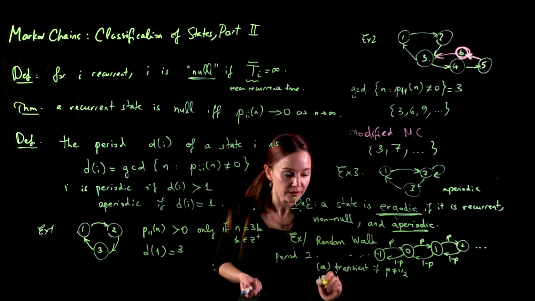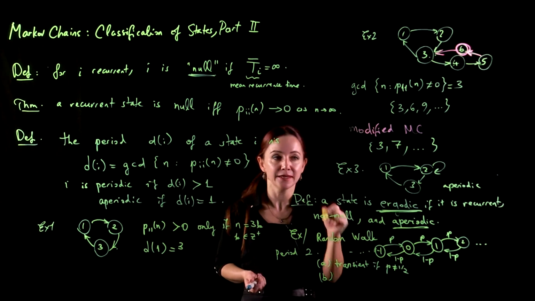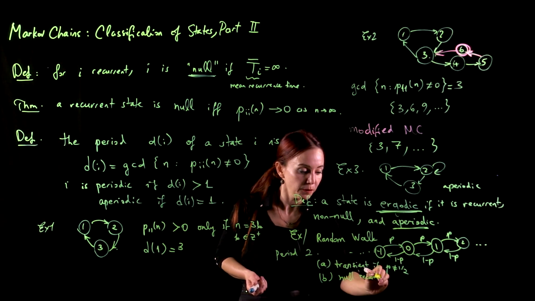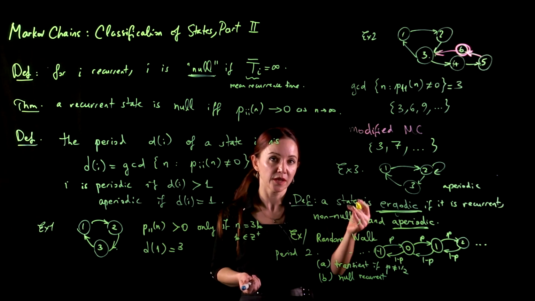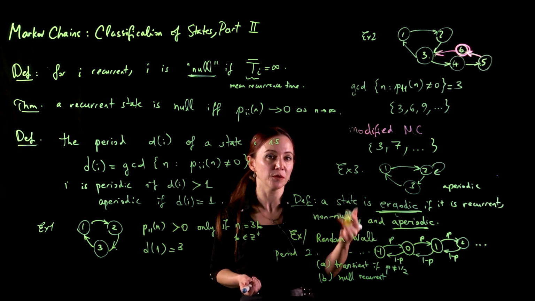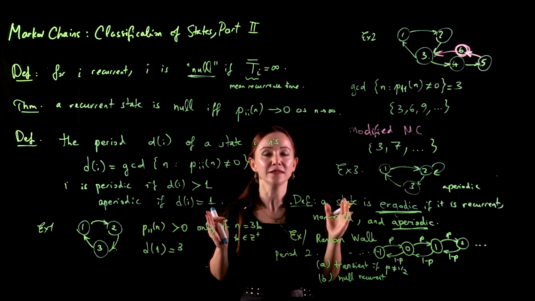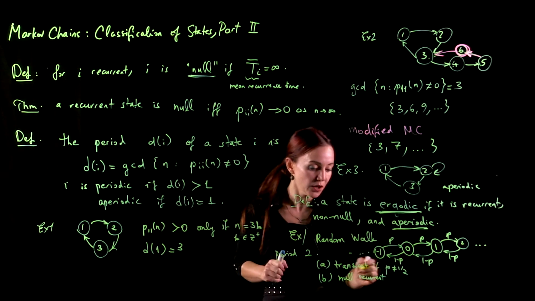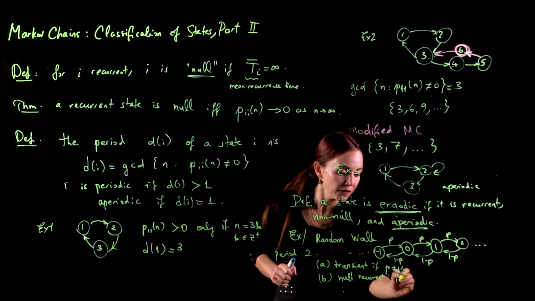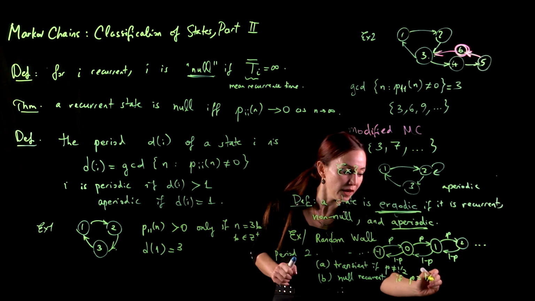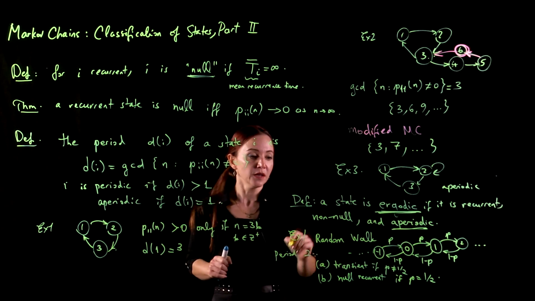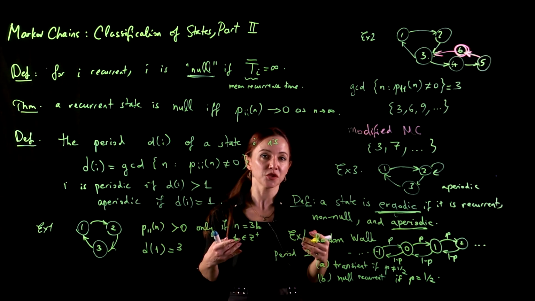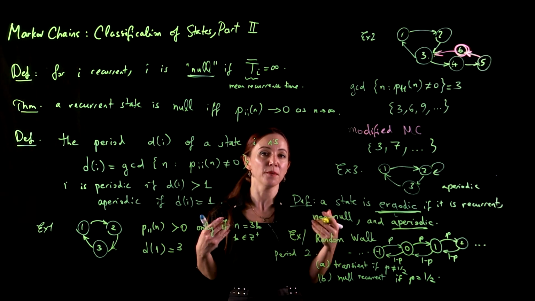Only when p is equal to 1/2, all the states are null recurrent, meaning they are recurrent. They will get revisited with probability 1, but the expected time until we return to each state, given that we leave it, is infinite. So they are null recurrent if p is equal to 1/2. Building on these classification concepts, in the next lecture, we will try to classify Markov chains.